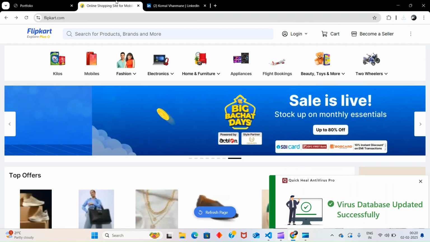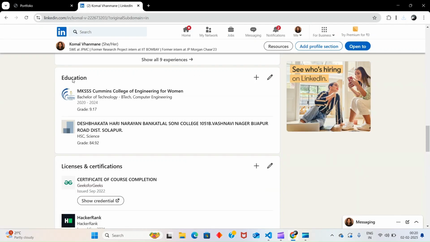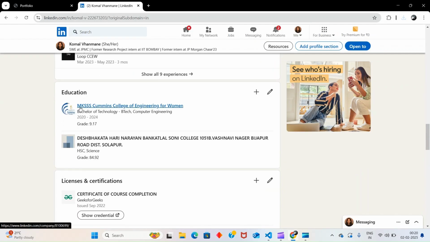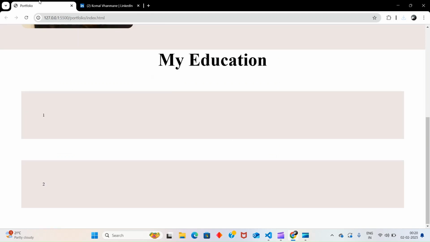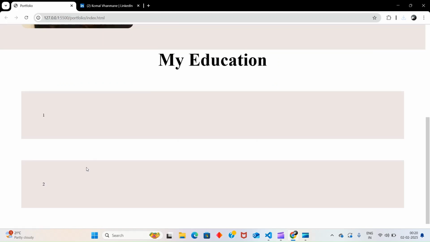I'll just close this. What we need to add: we don't want any link here, so we will add an h2, and this in a p, and this thing. And we will add the same thing here. So let's now add